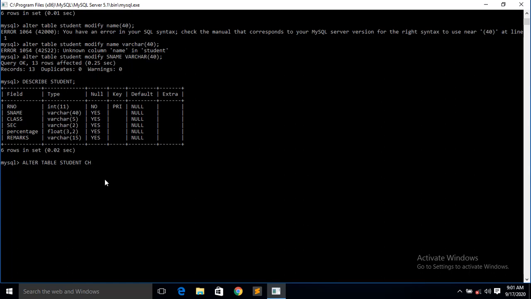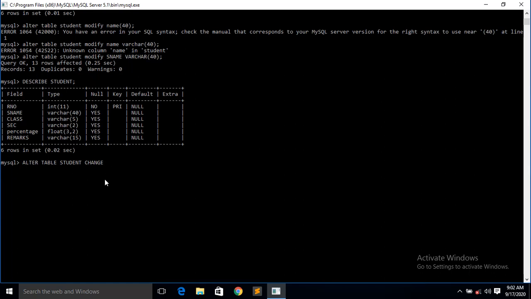Now alter table student, then if you want to change the field name, you have to use the change clause. So change clause.